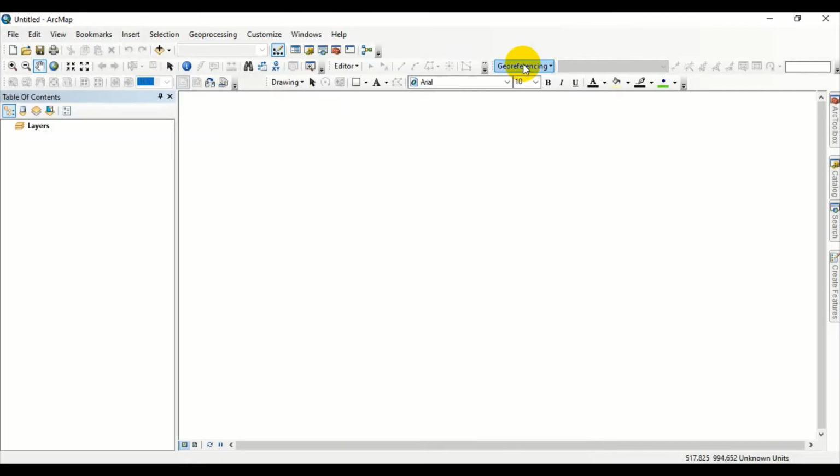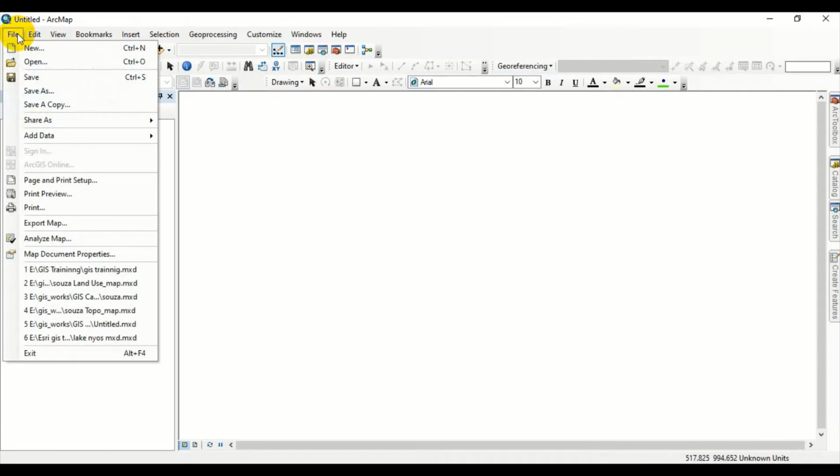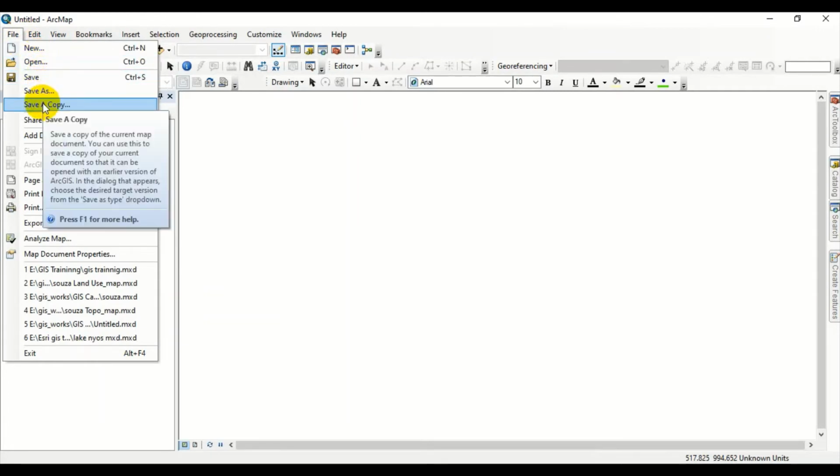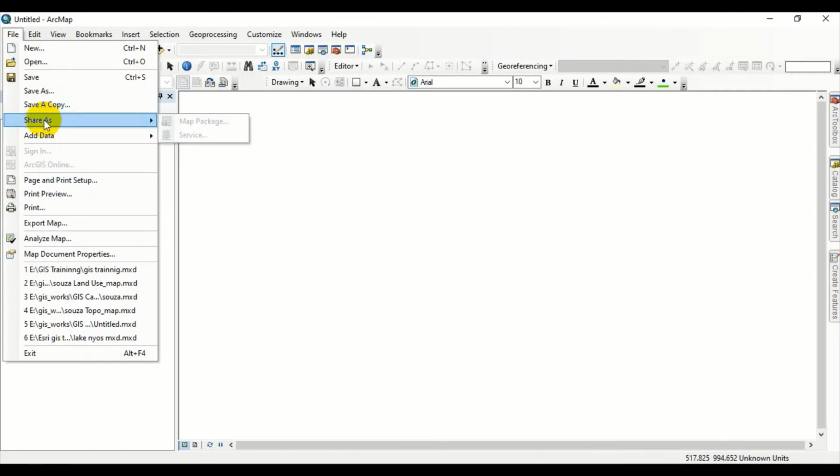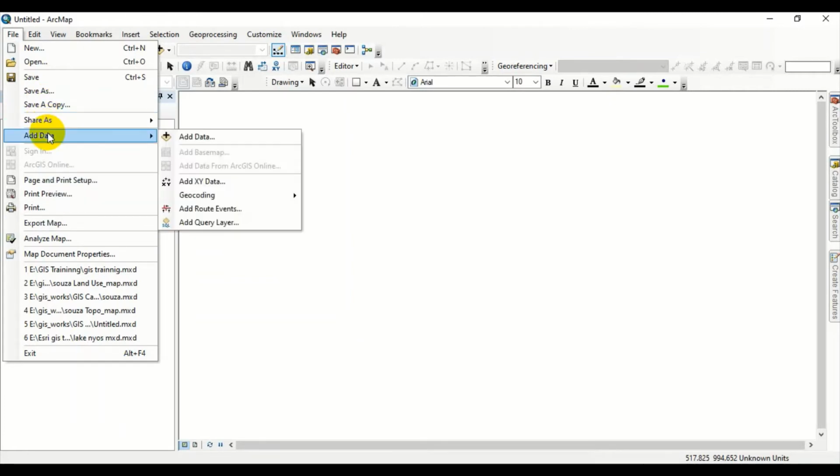The next on the line is file. As any other software, you can open a new file, you can open an old file that you worked with, you save as, or you save a copy. Saving a copy is good when you are doing a project because you save the stages you have completed, and you can continue modifying the main map. You can share, you can add data,